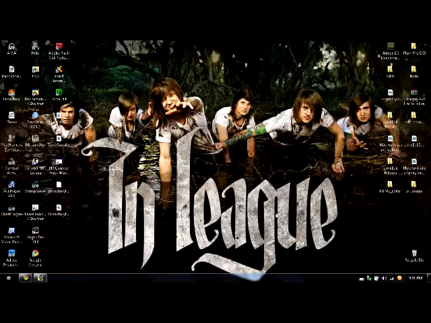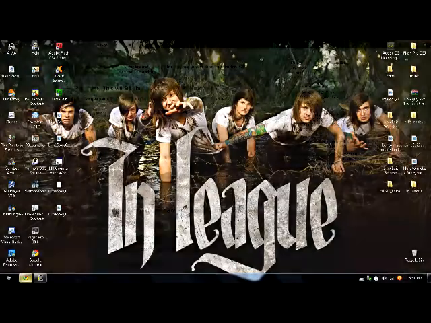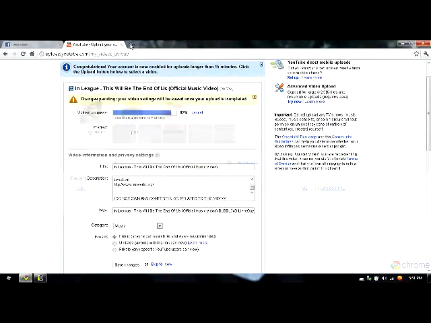Well, I haven't done a Visual Basic tutorial in a while, so I'm just gonna show you how to add settings on your program. It's pretty simple, but first I'm just gonna show you